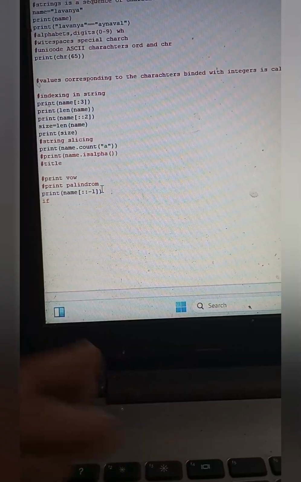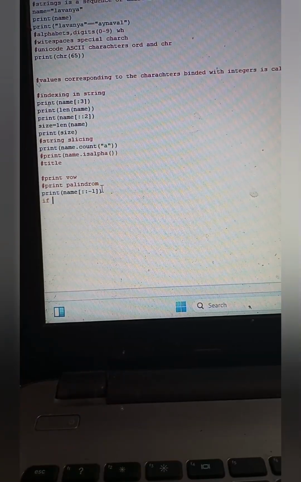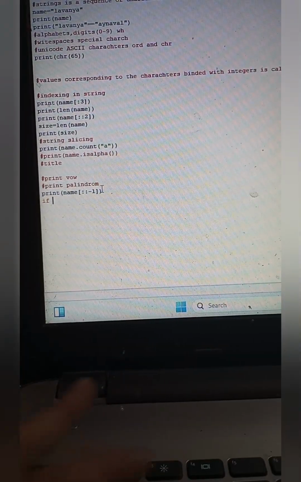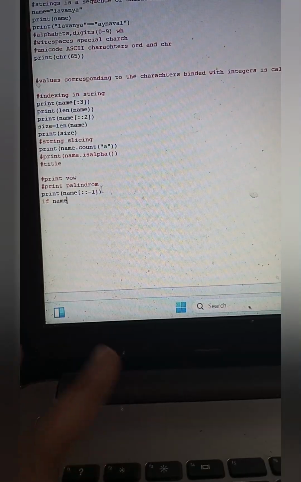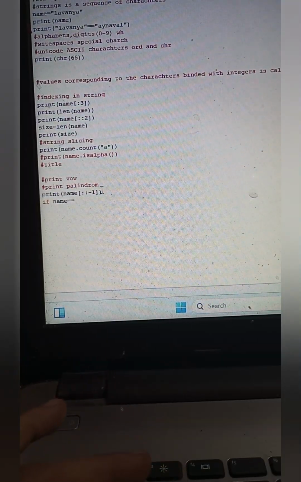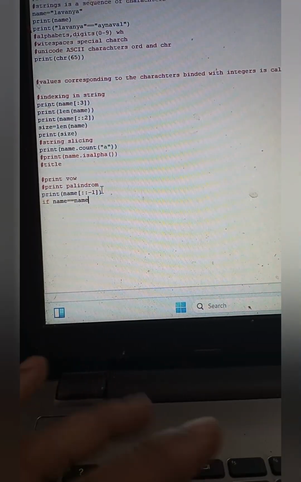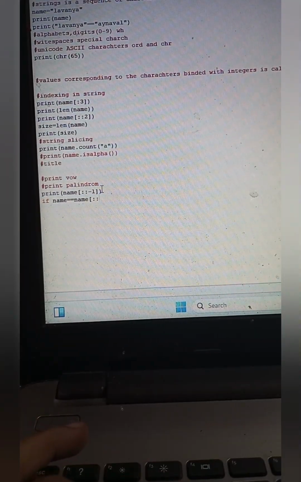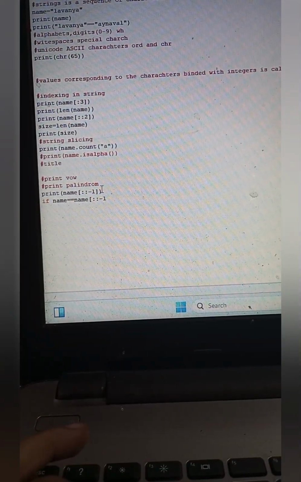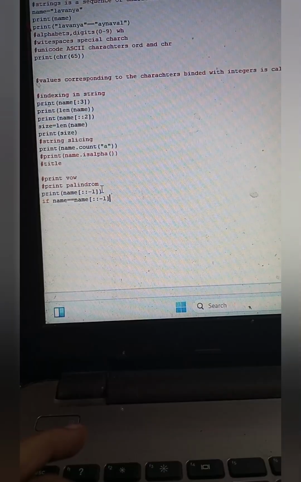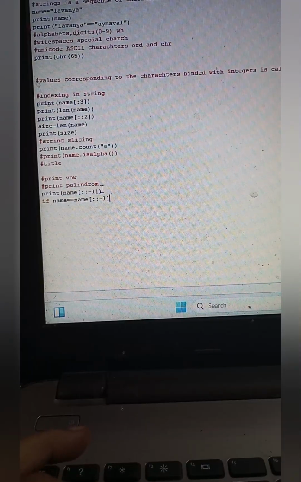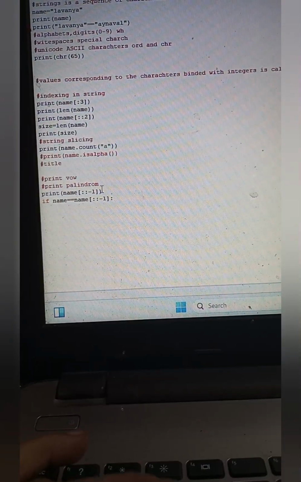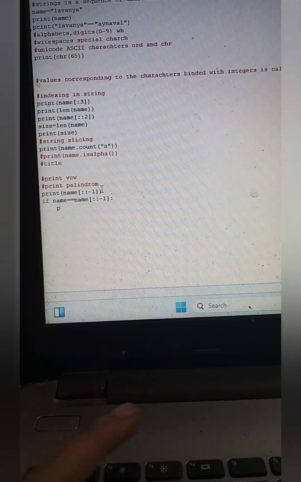If name equal to name minus 1, and let me conclude with the colon, and print